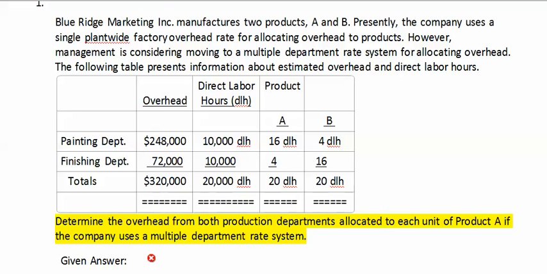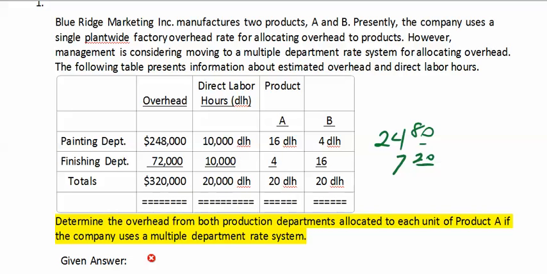If I consider that, I'm going to take the overhead of $248,000 and divide it by 10,000 hours, so that's going to be $24.80 per hour. Okay? I'm also going to consider the finishing department of $72,000 divided by 10,000 hours, and that would be